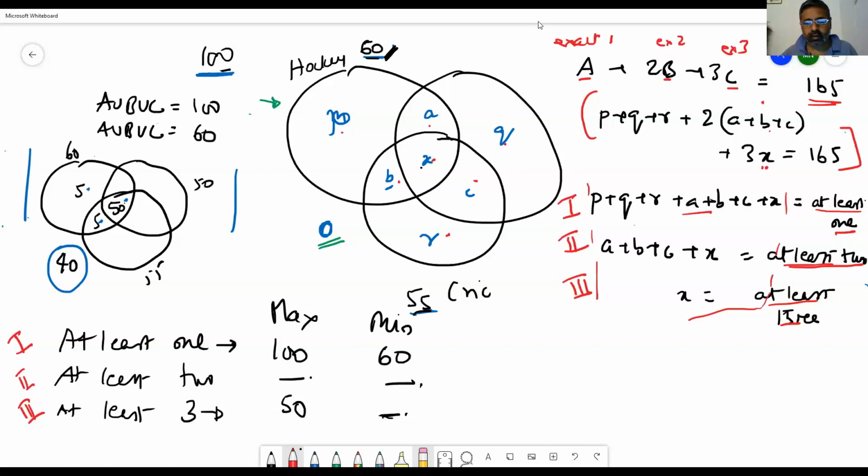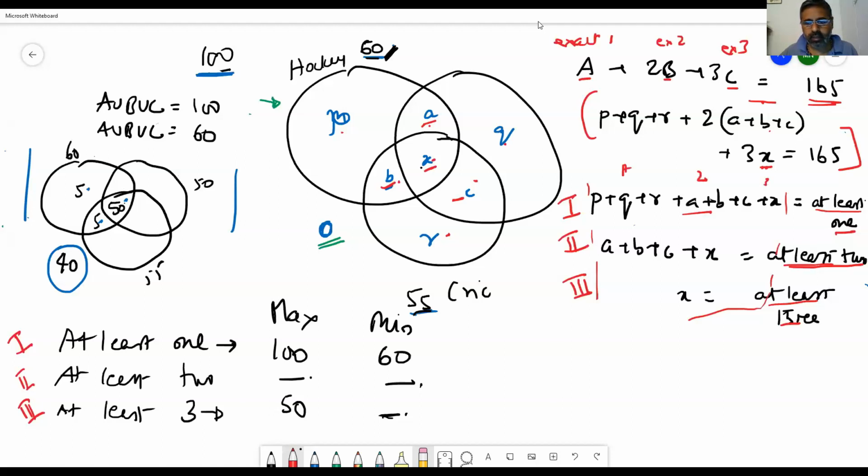What is this next one? One ABC is gone here. Now the second ABC I'm taking and adding it to one more X. What is that? A plus B plus C plus X, which is at least 2. I don't get it. Have you gone through the basic Venn diagram? Yes. So what is A plus B plus C plus X? It is exactly 2 plus exactly 3, isn't it? Yes or no? Got it. This is exactly 1 plus exactly 2 plus exactly 3.